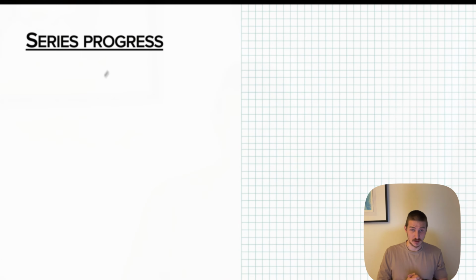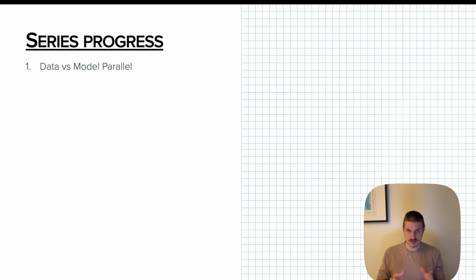Today we'll talk about torch.DistributedDataParallel, or DDP. Here is the series progress so far. We started with just mathematical explanations about what is data versus model parallel. And we've seen that data parallel is the easiest, it doesn't require changes in model code. Then we've looked at a module called DataParallel from PyTorch that lets you implement that in exactly one line